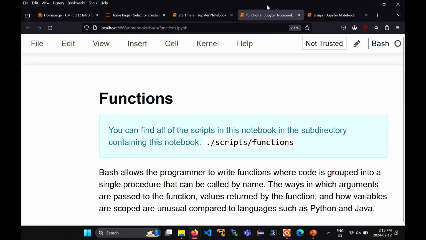Hello? Question for the arrays. For arrays, yeah. Can you use like last time in the